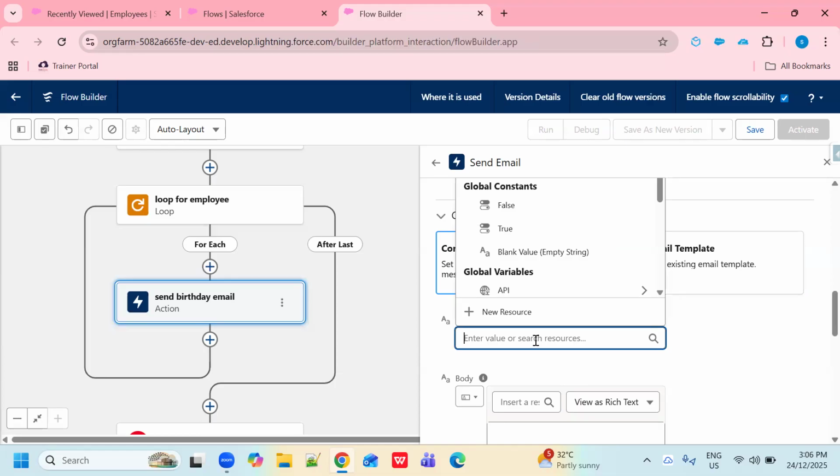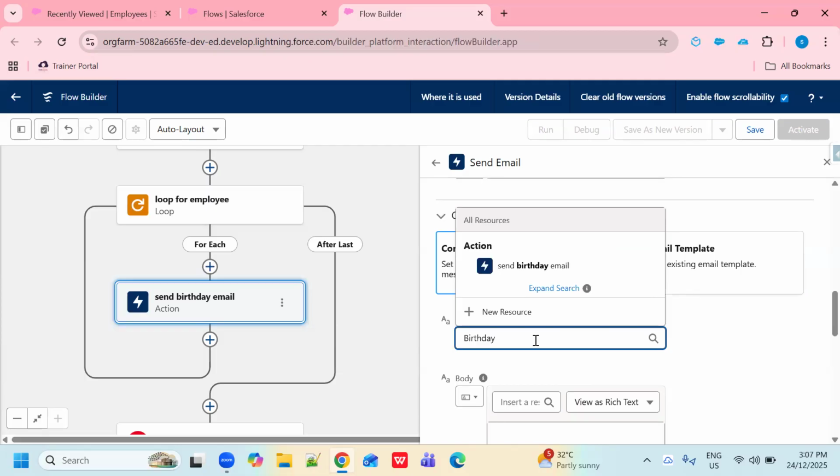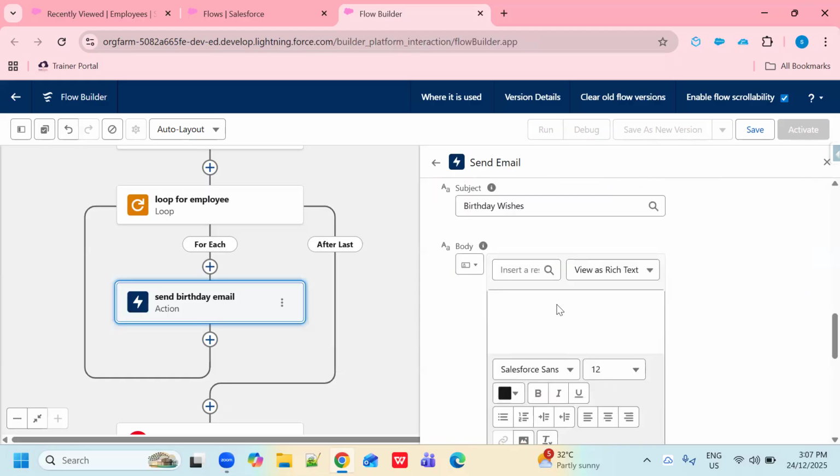So what should be the subject for my mail? That is birthday wishes, right? So what should be the body here? Hi, wish you a happy birthday from our team.